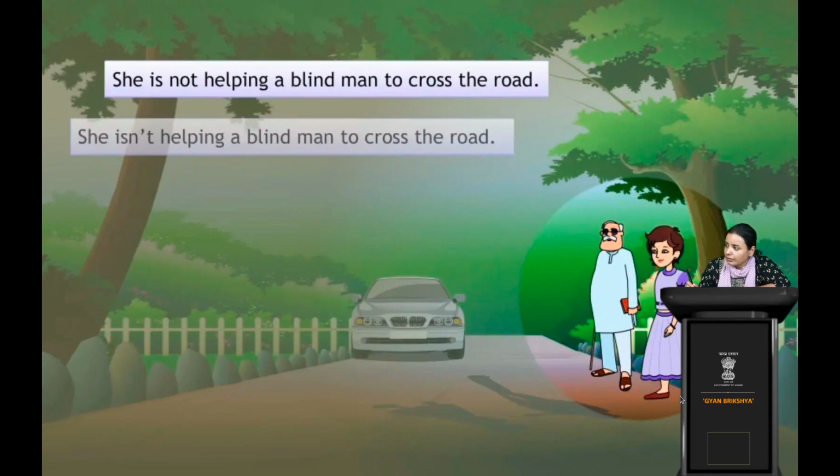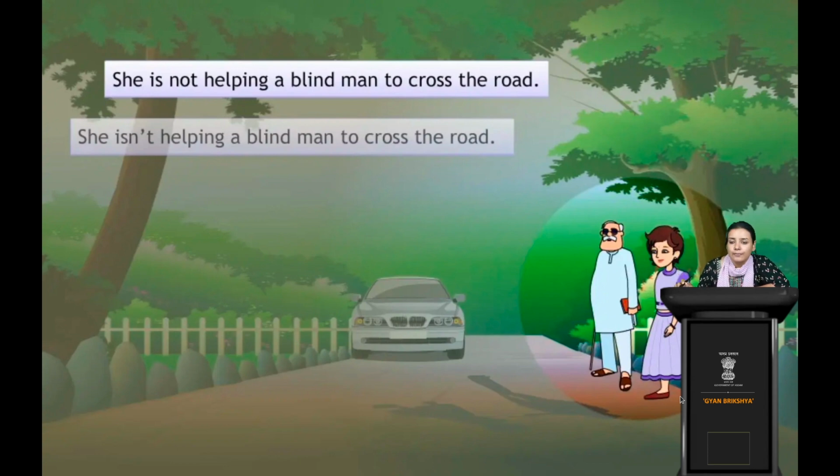Now, what's the situation here? Let's see what he is doing. It is raining, right? He is walking in the rain. So it was raining, it is not raining, or we can say it isn't raining in the short form. Now what is this? The dog is wagging his tail. Now see, he is not wagging his tail, right? The dog is not wagging his tail. Or we can also say the dog isn't wagging its tail. The same, just in the short form, right?